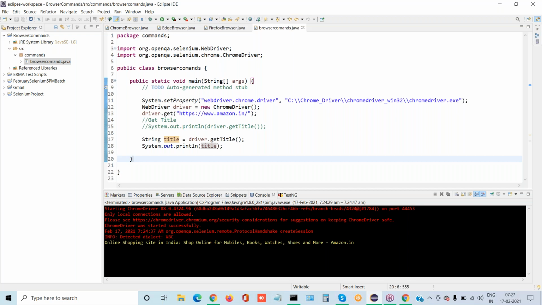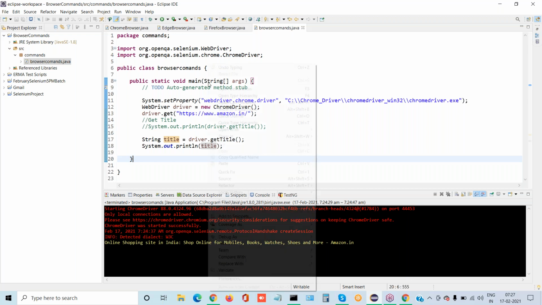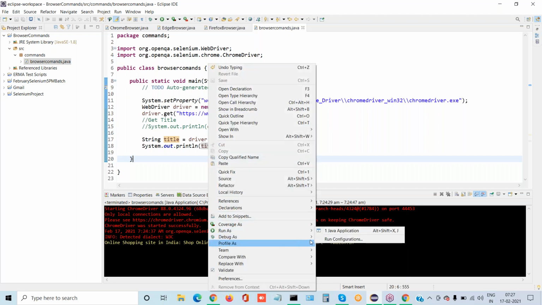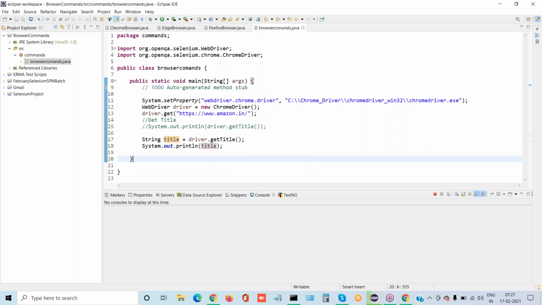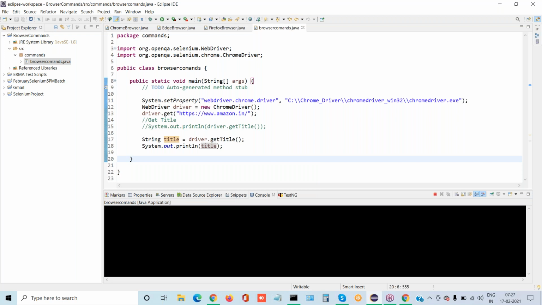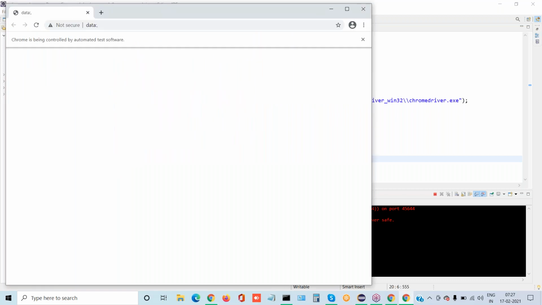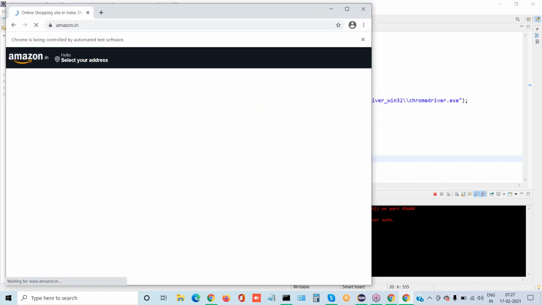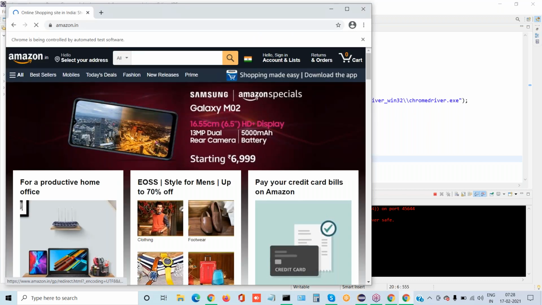Can you run one more time? I'm giving the variable name String and storing the entire title into that variable. Lots of practice is required here.